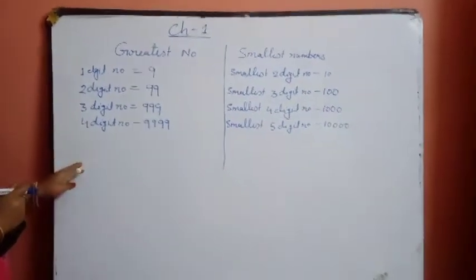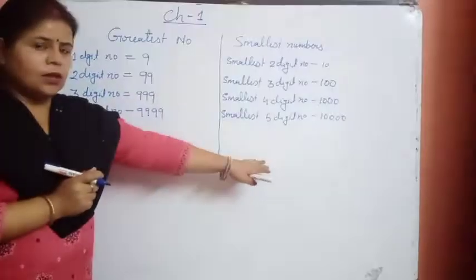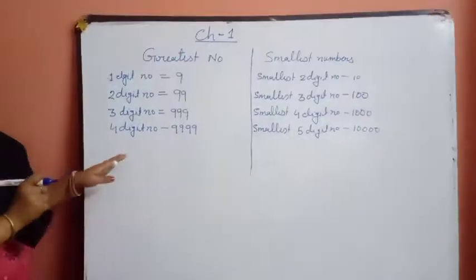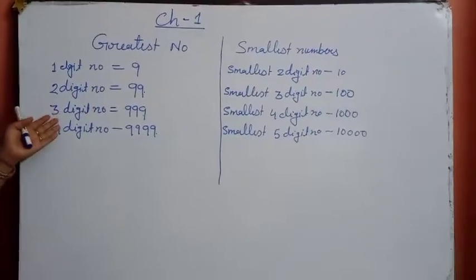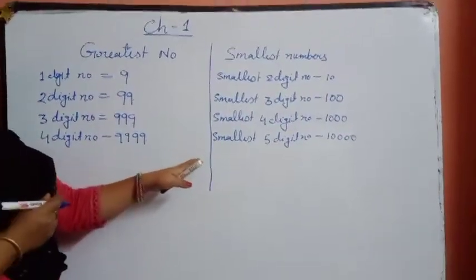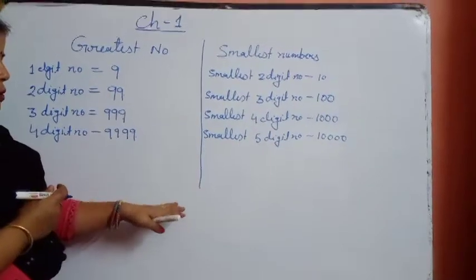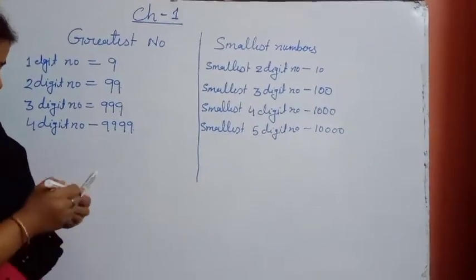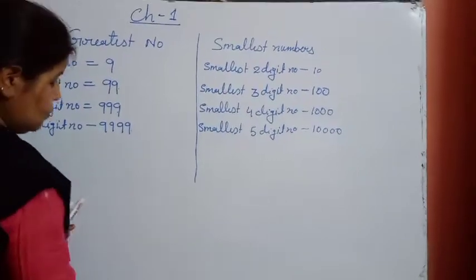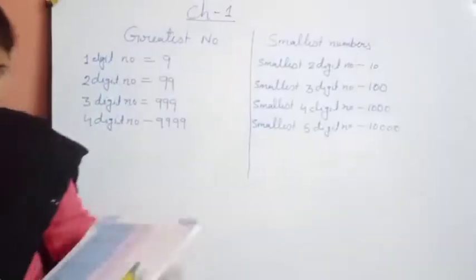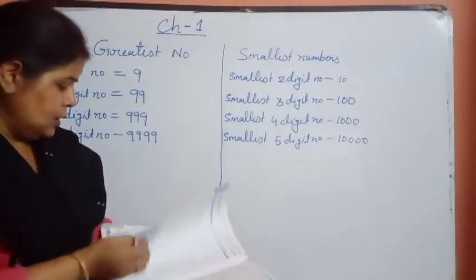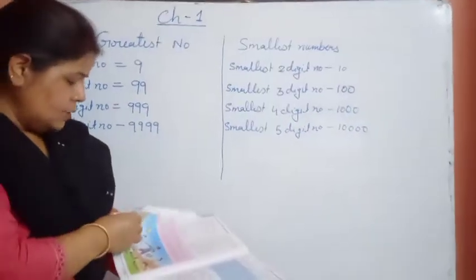Here in this column you will write till 8, and in the same way in this column also, because these numbers will help us to do the exercise. While we are solving the exercise, many of you don't know which is the greatest number and which is the smallest number. Okay, note down this. Then we are going to our exercise, I am just looking up to which question we did on that day, and then we are starting from the next of that question.